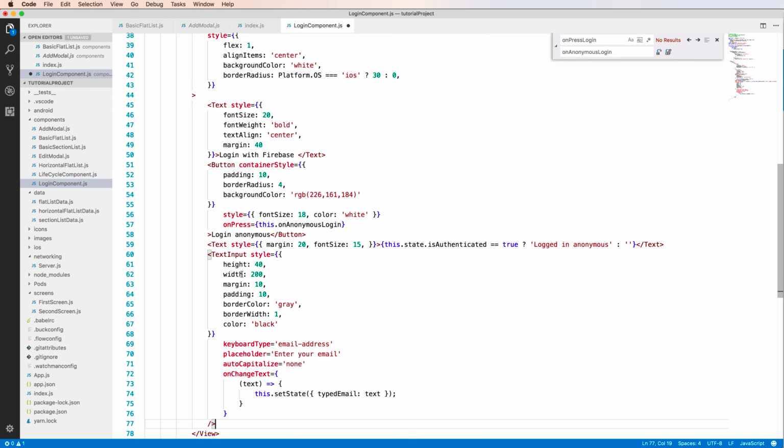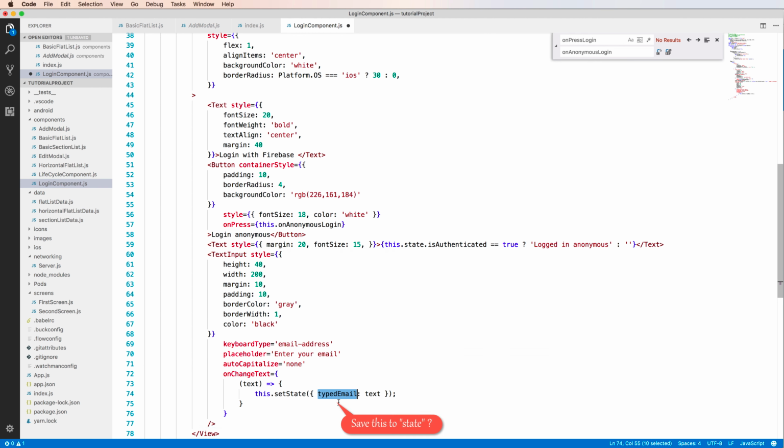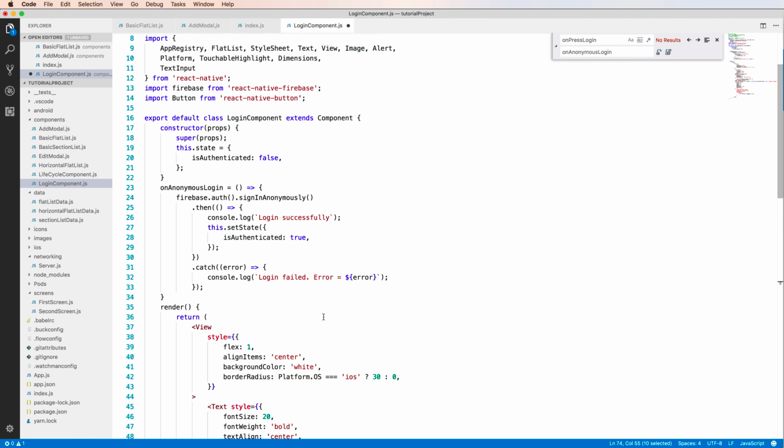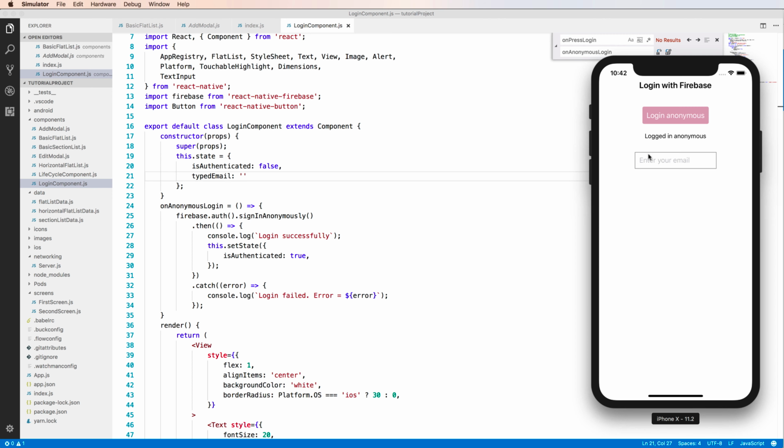And then you can add a new button. Firstly, we have a text input to enter your email. After the user types your email here, it will be saved to the state, type email. Type email is the content of your email address, and it will be updated to the state, and after the state is changed, the component is re-rendered. So the type email here,